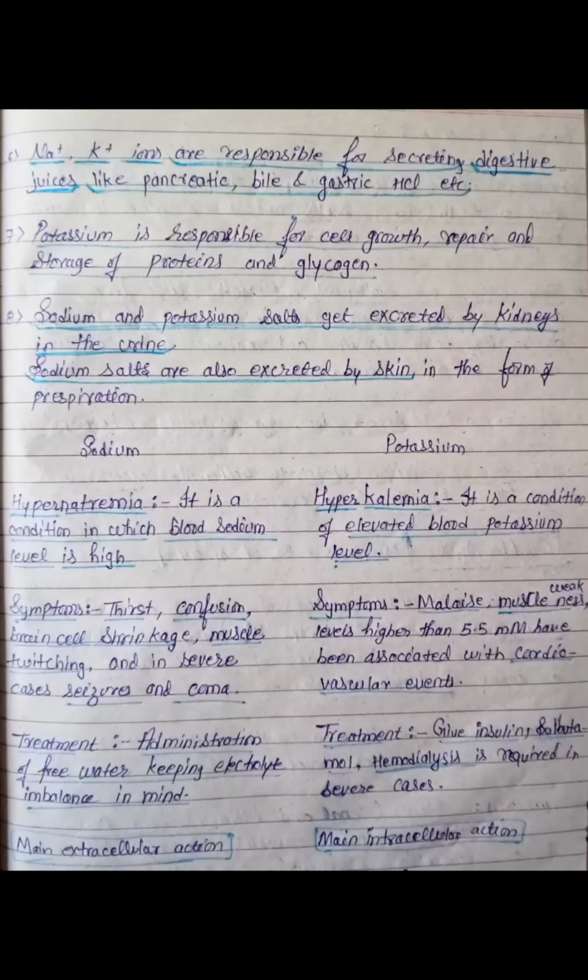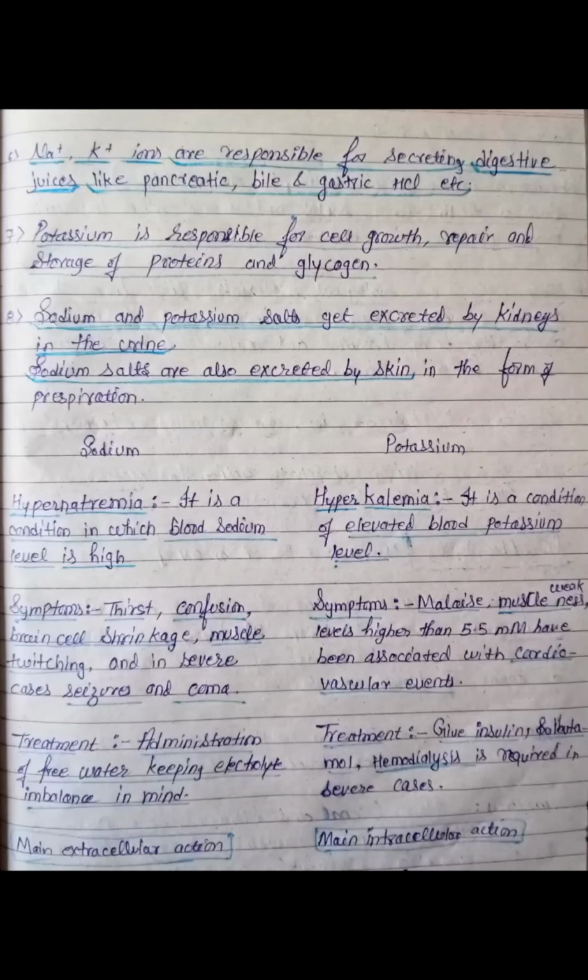Na+ and K+ ions are responsible for secreting digestive juices like pancreatic juice, bile juice, gastric juice, HCl, etc. Potassium is responsible for cell growth, cell repair, and storage of proteins and glycogen. Sodium and potassium salts get excreted by the kidneys in the urine. Sodium salts are also excreted by the skin in the form of